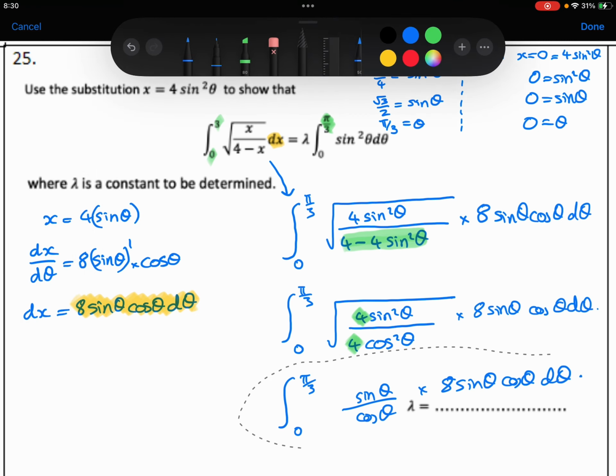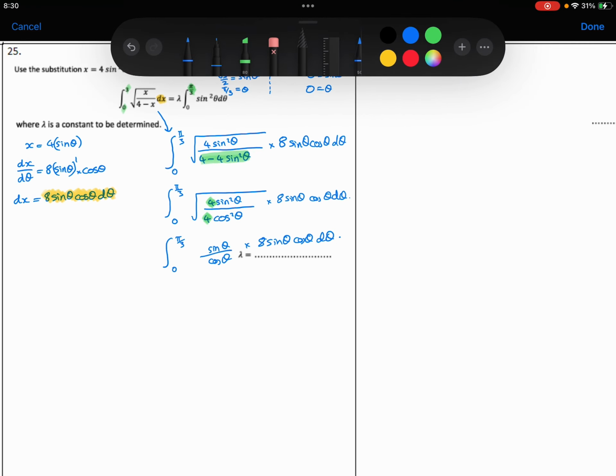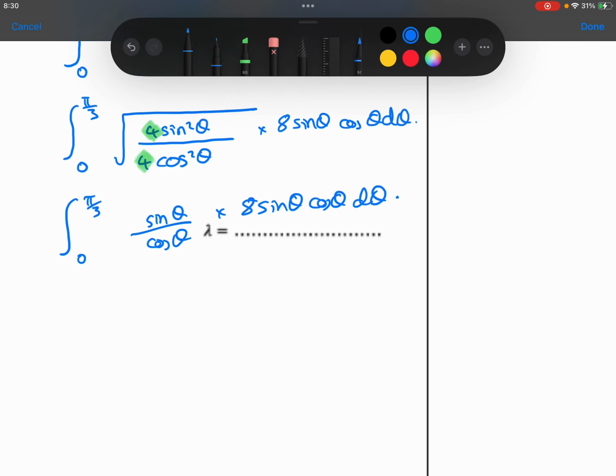And just giving myself a little bit more room, in fact actually loads of room down here. Because I can now see that this cos here and this cos here are going to cancel out. And just leave me with sine theta times 8 sine theta